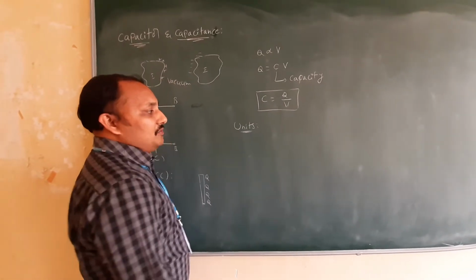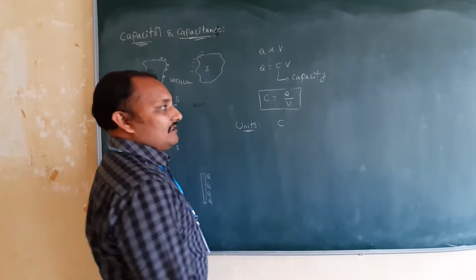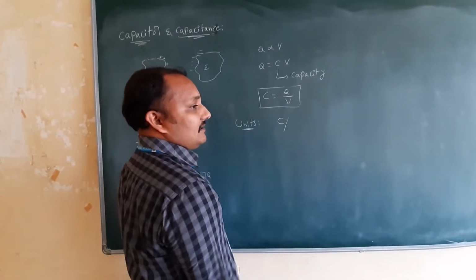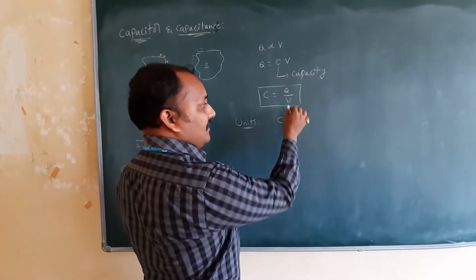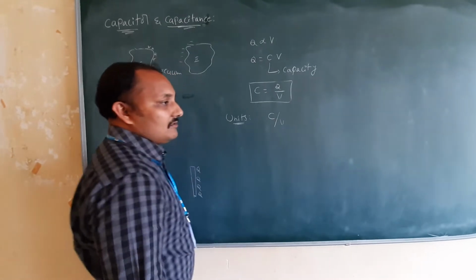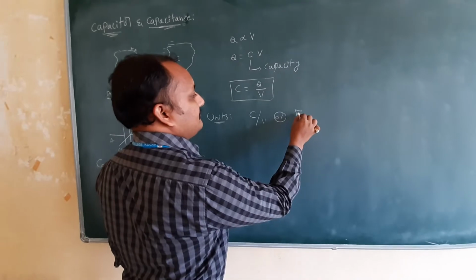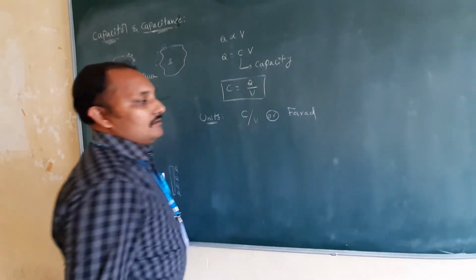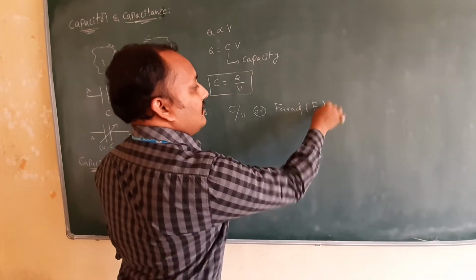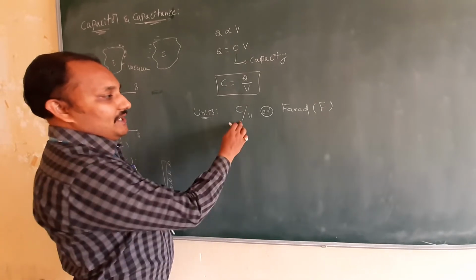So what is the unit? What is the charge unit? We came to know, coulomb. Already we came to know the charge unit is coulomb. Potential unit, I already said in the first class, we wrote the definitional units and dimension formula. Potential unit is volt, so this one we will write as coulomb per volt, or farad. Or coulomb per farad they will write. So this is nothing but the capacity unit.